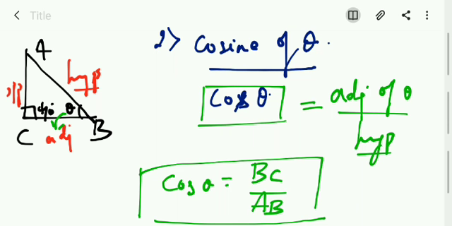Now one of the catches here: if you are able to remember sine of theta and cosine of theta, all the rest of the trigonometric ratios or functions you can easily make out without any triangle or writing sketches. Now how is it? I'll not be writing the diagram. I'll just show you. Now the third function is